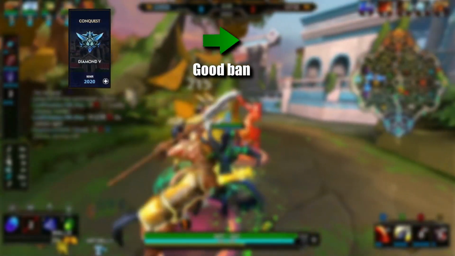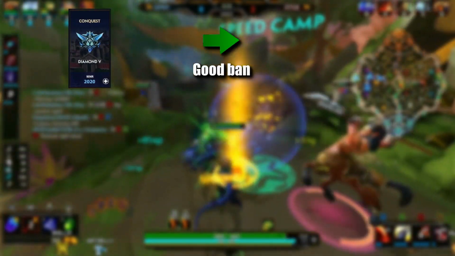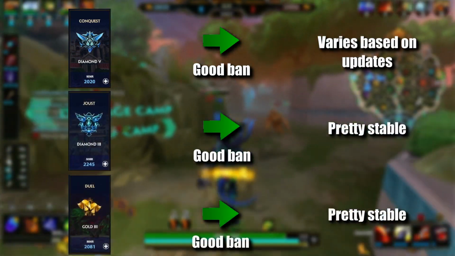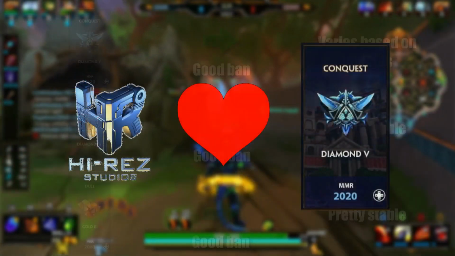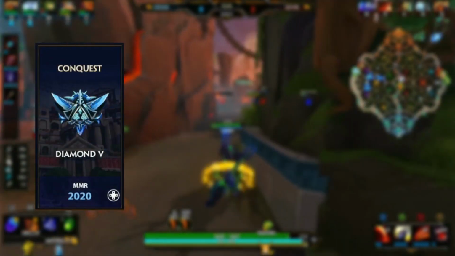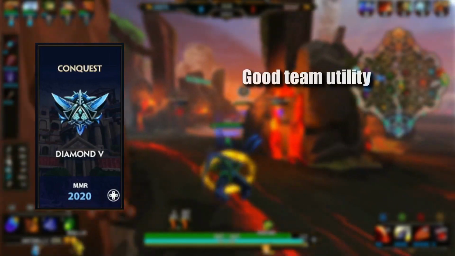Now the mindset behind what makes a good ban in Conquest varies a lot more than Duel and Joust for the most part, seeing as this is one of the main game modes that Hi-Rez takes data from to decide which gods and items deserve buffs and nerfs. So with that in mind, I would suggest banning gods that have a lot more team utility or hard carry